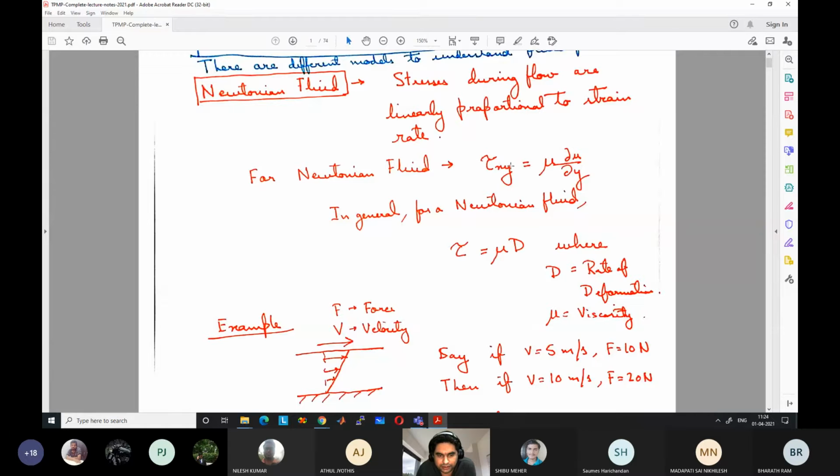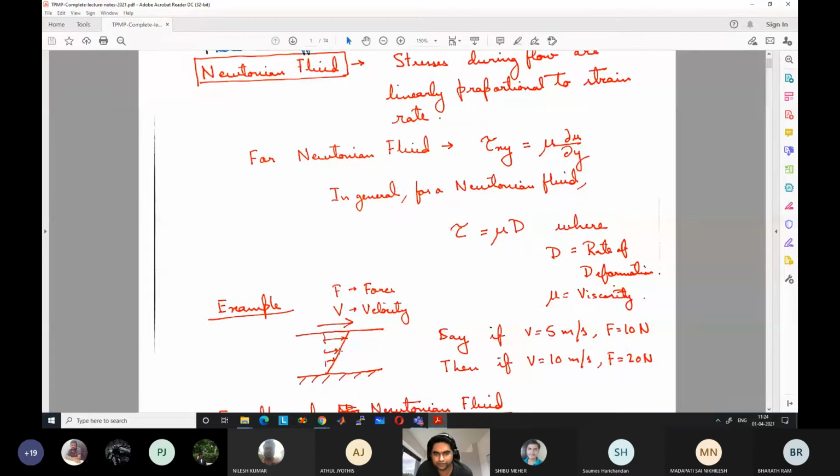Okay, so say there is a fixed wall like this at the bottom, and there is a top surface which is like a plate which is moving with a velocity v. The top surface is moving with a velocity v. Bottom is fixed, top surface moving with a velocity v. And in between these two plates or walls, you have some fluid, like it can be water or honey or whatever. It is contained within this.